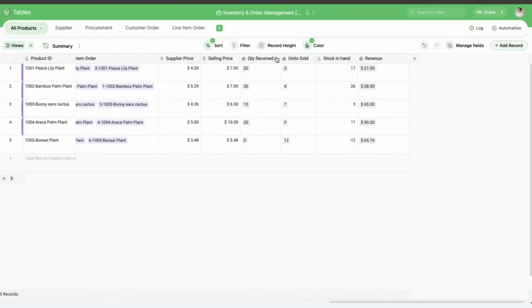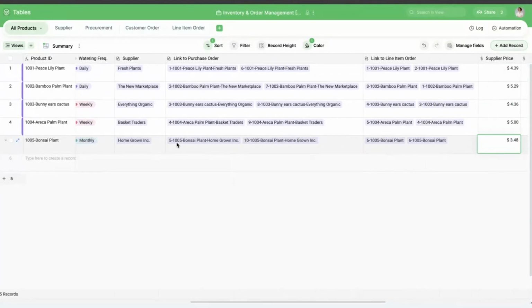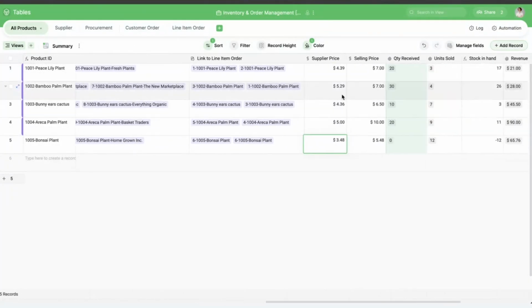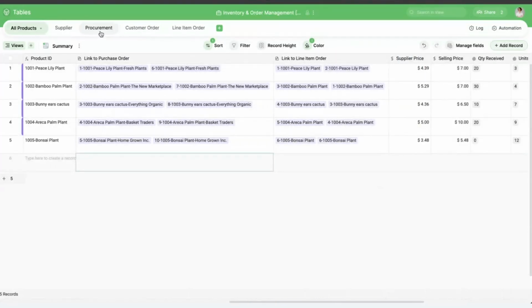Now, I also can see the quantity that I have received here using the roll up option. So roll up is a field type which helps you to create an aggregate of the link fields that you have. So in this case, I'm choosing the link field purchase order, link to purchase order. So I have this particular field, and what I have done is I have chosen the field that I want to roll up, right? So if I go to the purchase order,